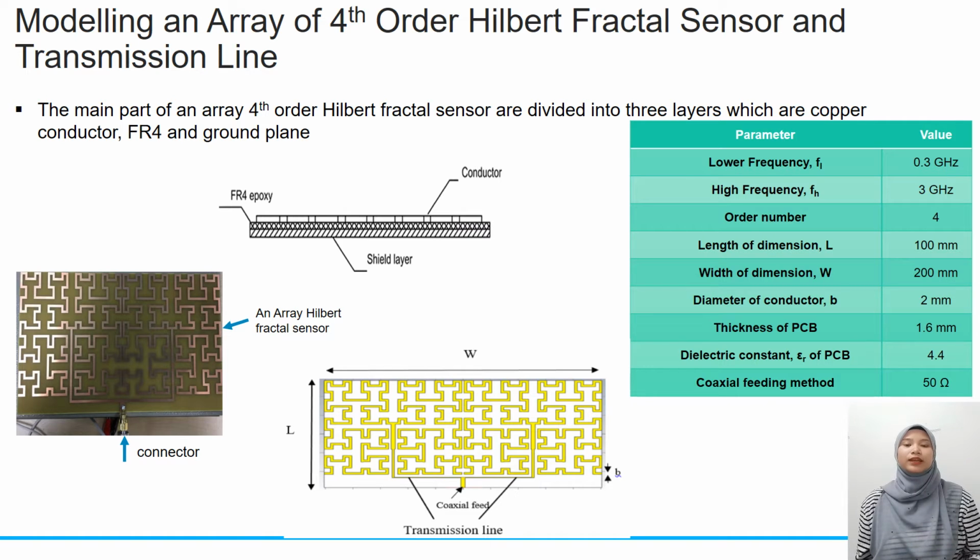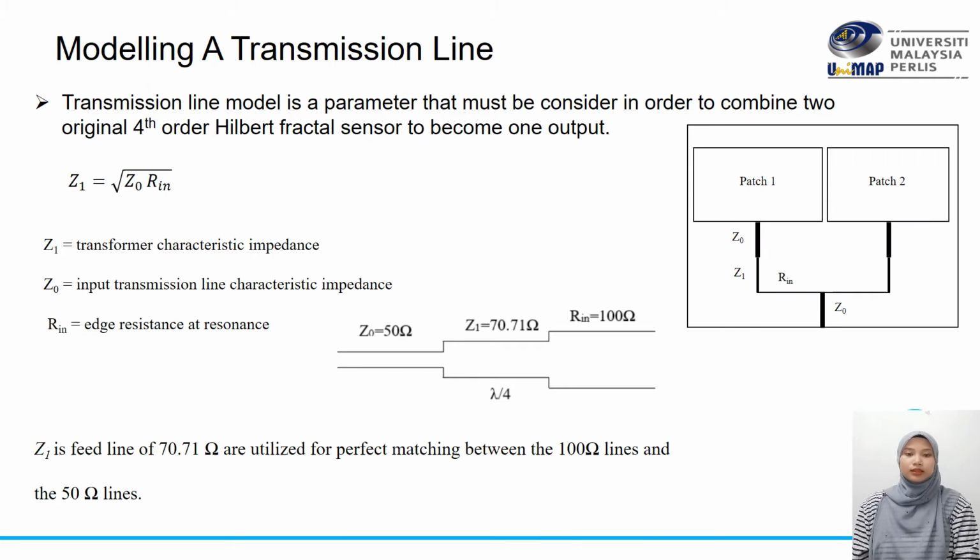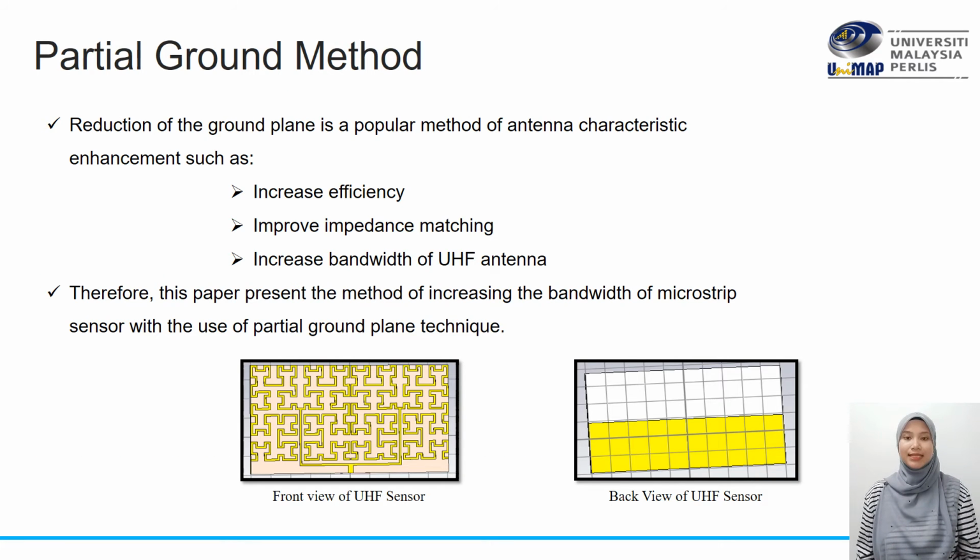And this is the final parameter for the UHF PD sensor. For the transmission lines, this is the formula that we have used to design these transmission lines, where Z1 is a feed line of 70.71 ohms that is utilized for the perfect matching between the 100 ohms and 50 ohms lines. For the partial ground method, the reduction of the ground plane is to enhance the antenna characteristics,